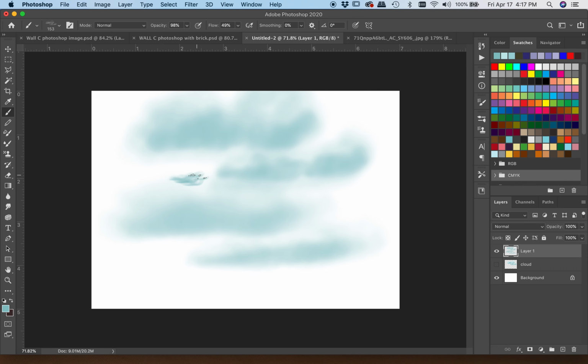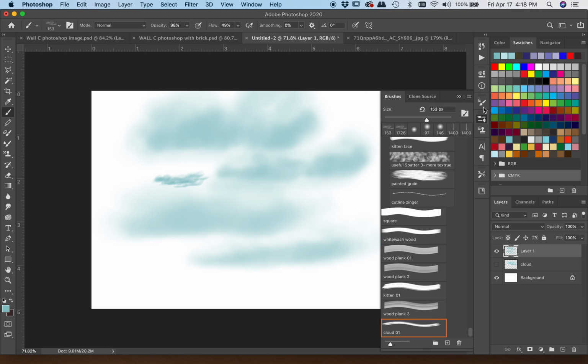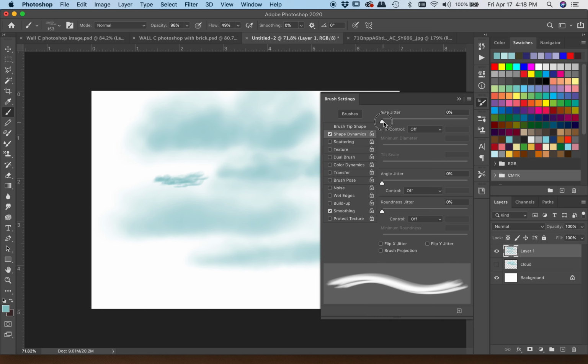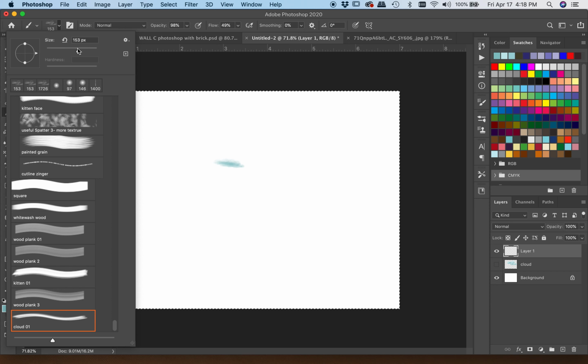create some different shapes. If you go into your brush presets, you can edit these brushes in exactly the same way. So let's bump up the size jitter. You might even let it angle itself just a little bit. We don't want it to angle too much in there. Let me select all and delete. Bring my size back up here.